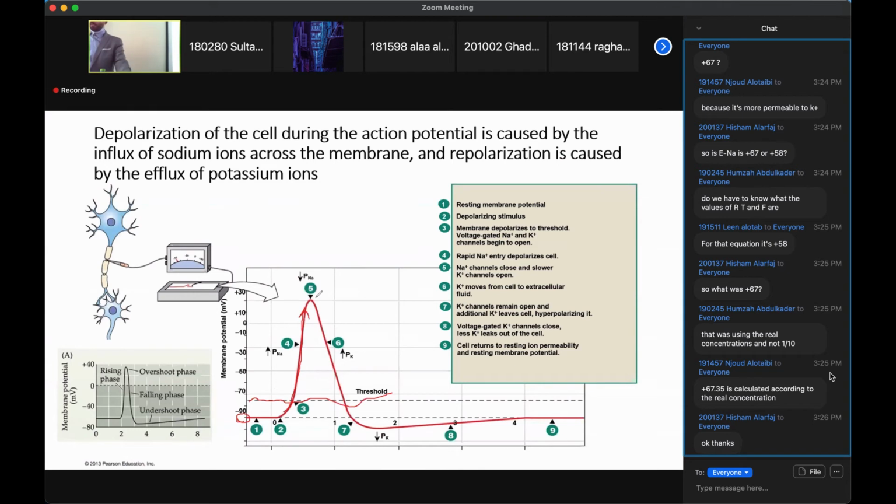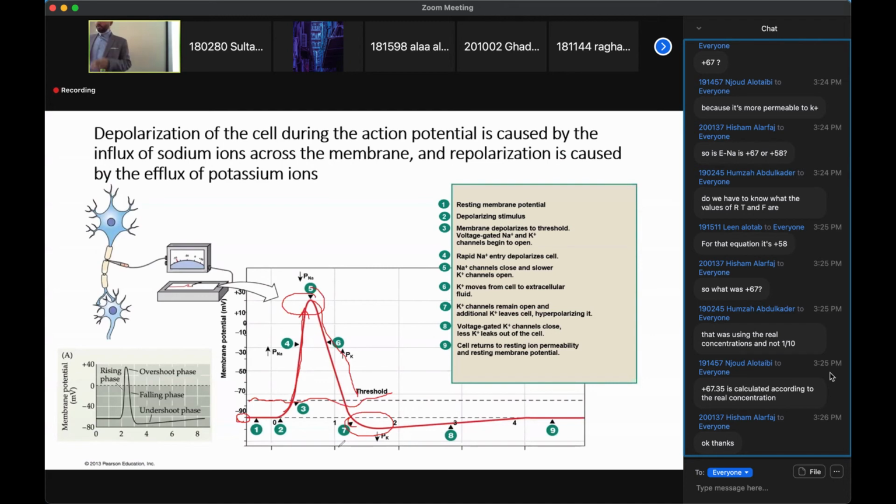So depolarization means that the electrical potential is going into less negative, more positive values, okay? And in here, this is the overshoot of the action potential, where there would be inactivation of the sodium channels and opening of the potassium channels, which we will describe in detail in a second, that would repolarize the membrane. So repolarization meaning that the membrane potential would go where? Into more negative values. Very good. Okay. And this part here is called hyperpolarization, or the undershoot, being more hyperpolarized than the resting membrane potential.